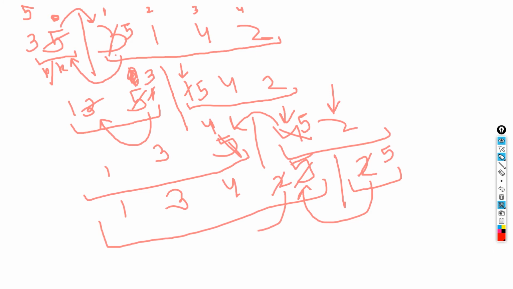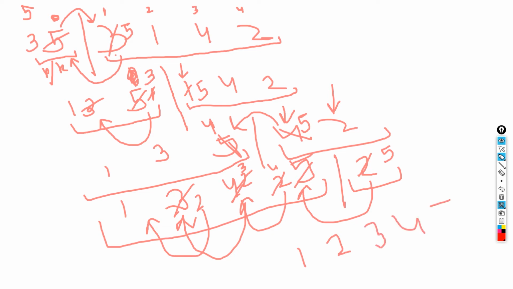Again 2 will be compared with 4, so 2 comes over here, 4 comes over here. Now this 2 is over here, this is 3 over here. Now this 2 will be compared with 1, since 1 is less, so we'll not do anything. So now the sorted array is in this order: 1, 2, 3, 4 and 5. So as you can see, this array is now in sorted ascending order.